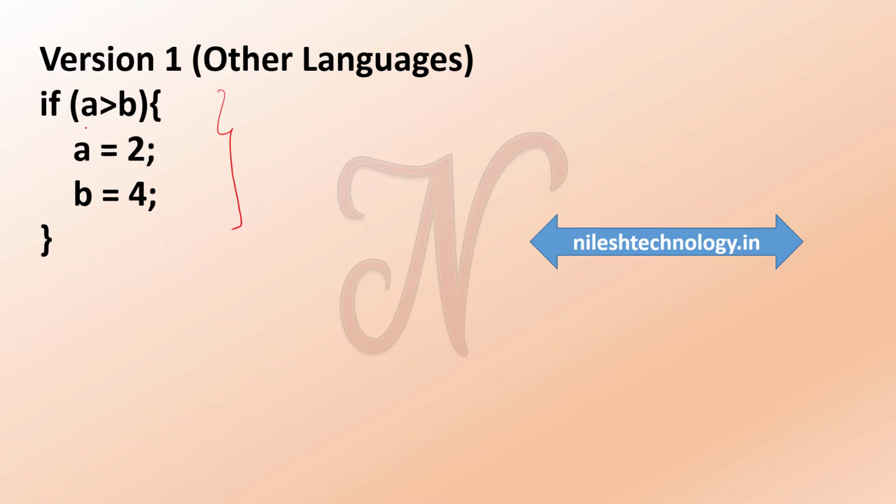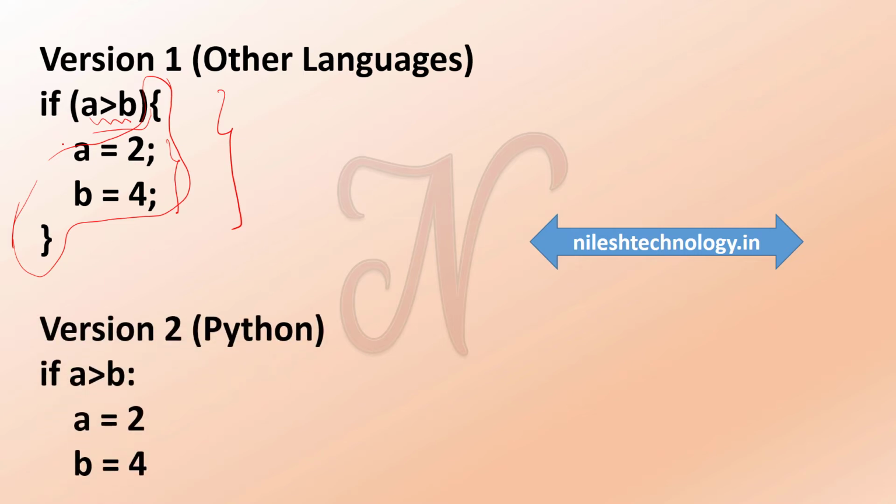You pass one condition, and if the condition is true, then this is your statement, and this statement is enclosed in this block, in these curly brackets. See here how to write the if condition in Python. In Python, you pass the one condition, then use the colon. After that, you press enter and go to the next line.